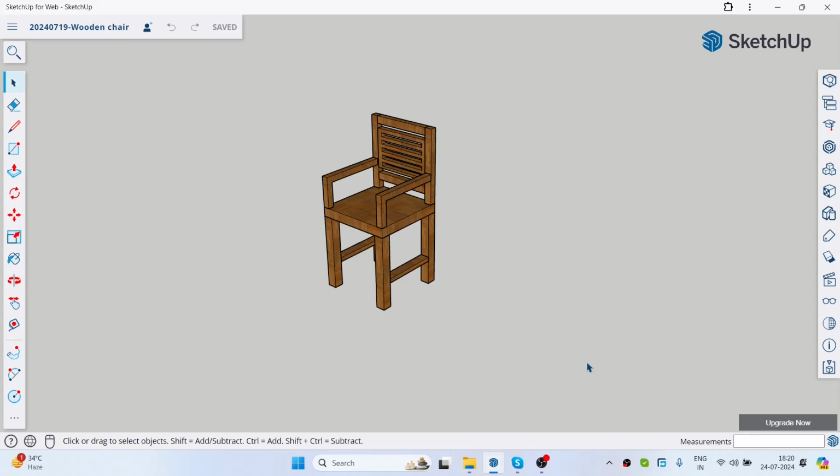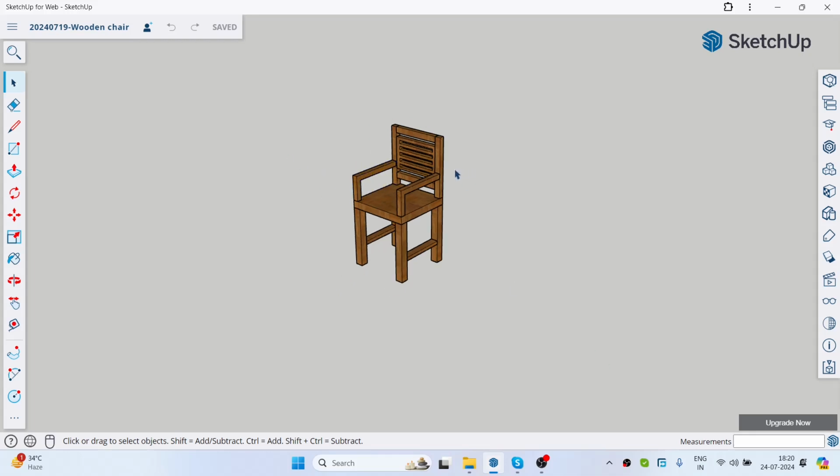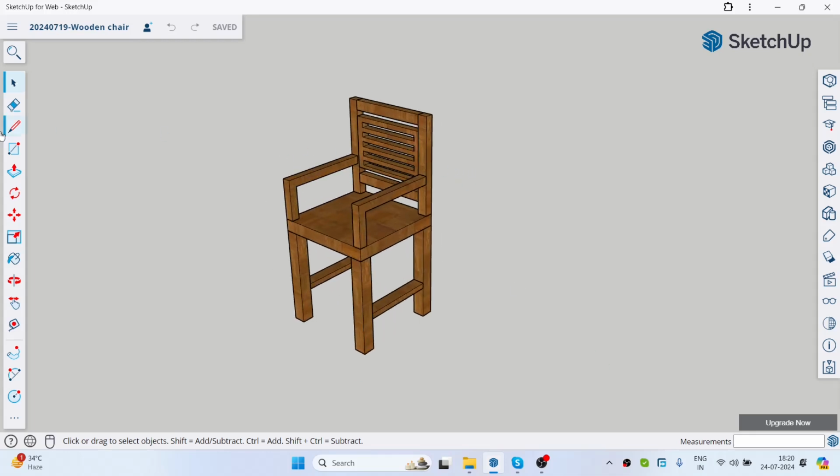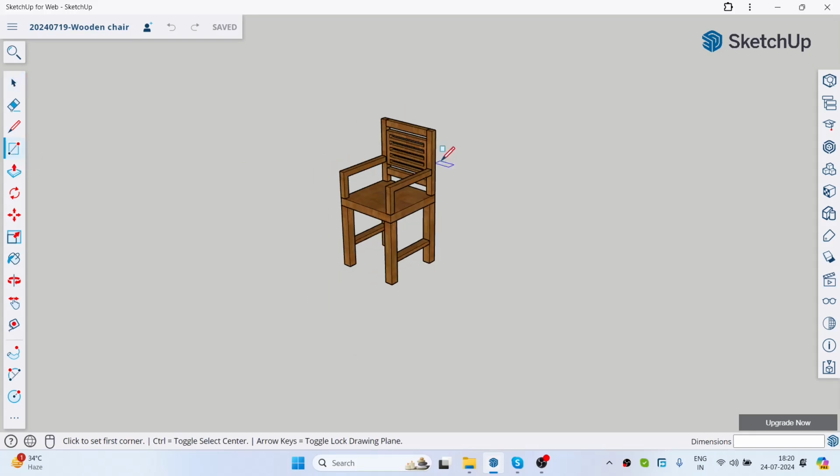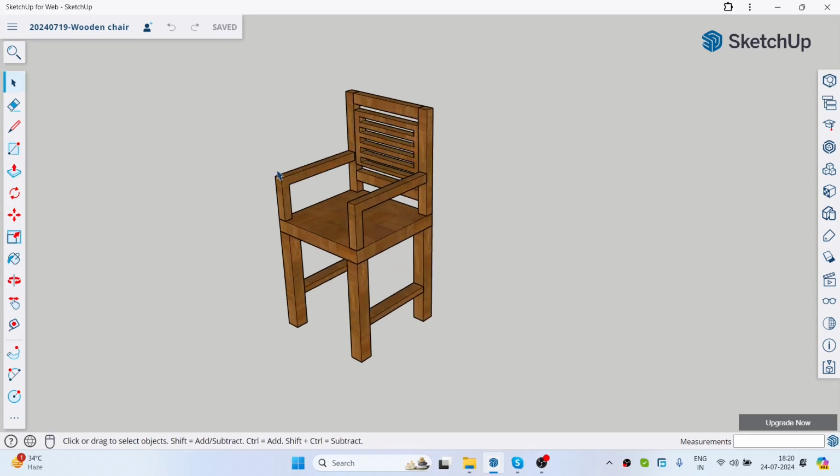Okay guys, my name is Vijay. Today we are going to make this simple chair. So let us start. First choose the rectangle tool. Today first we will make this seat. For this choose the rectangle tool